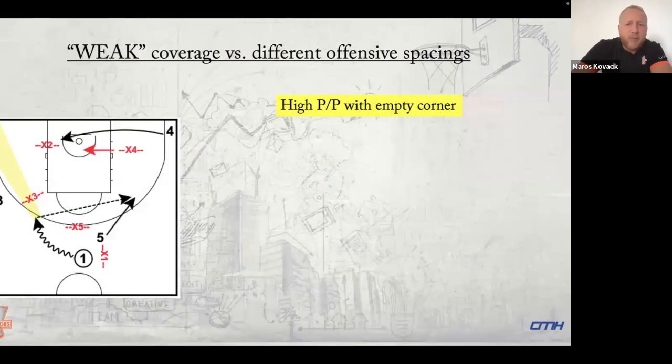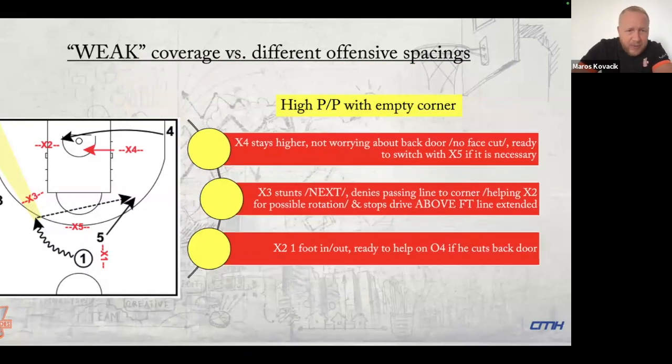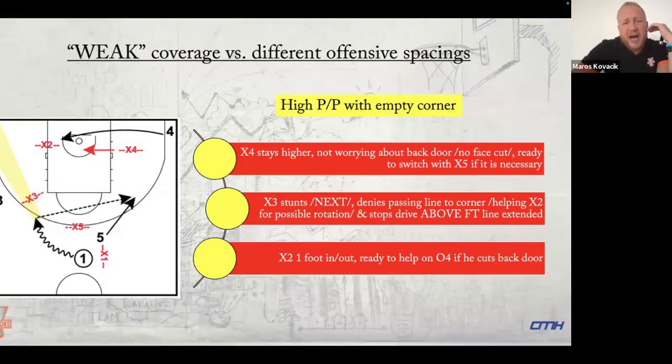Another thing is high pick and pop with the empty corner. And here I just want to emphasize the job of X4. It can be X3, it can be X1, whoever. So X4 stays at least 2 steps higher than O4 because there is no space for a backdoor. But he has to be ready to help or to switch if O5 is a great shooter. We install and use a specific rule; in my team, we call it Mayday. So when we screen Mayday, according to scouting, if the screener O5 is a great shooter, we switch. The reason why X4 stays so high is that in this case, if we need to switch, he's much closer